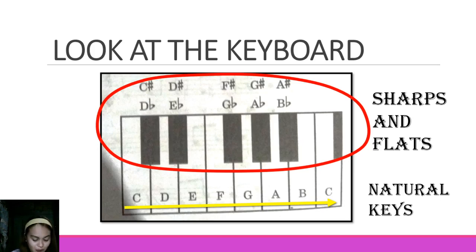When you move from a white key to the black key next to it, this movement is called a semitone or a half tone. For example, if you start playing from F natural